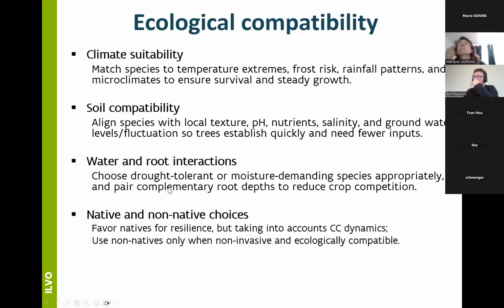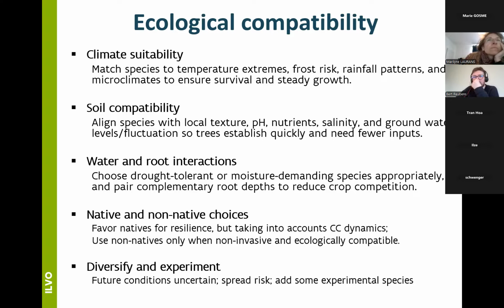Another aspect which also relates to this ecological compatibility is to choose for native or non-native tree species. Of course, in general, we favor native species. They are more resilient. But we need to take into consideration more and more climate change dynamics. But if you consider non-natives, then choose non-invasive and ecologically compatible tree species.